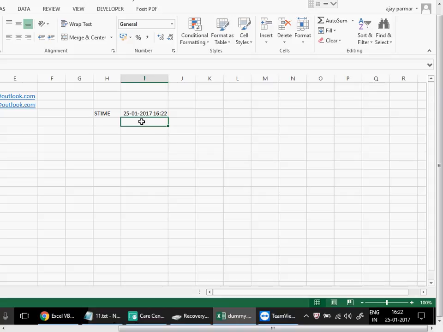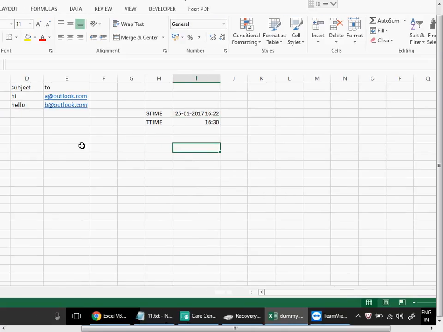Then there comes the target time. So I'm just going to create a variable which will be the target time. Now when do you want to send the email? Obviously when your code starts, it's going to be a different time, ahead of this time. So let's say we want to run this at 1630. We will put the condition here that the moment s time is equal to the t time, you need to send the email, and you need to send the email by capturing this ID,